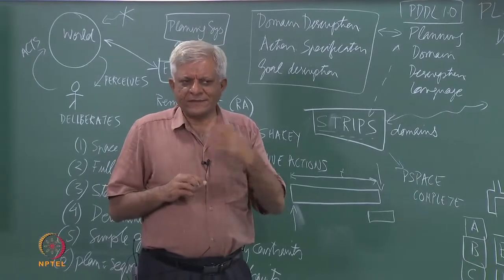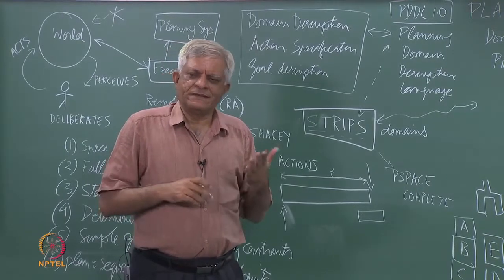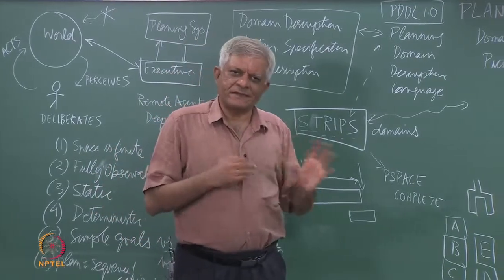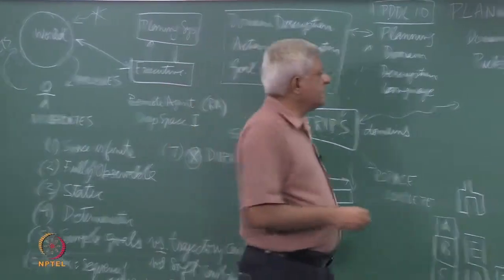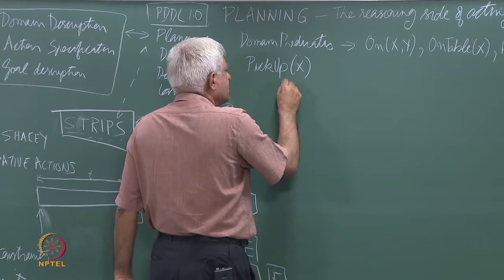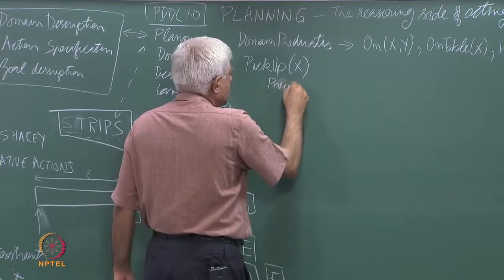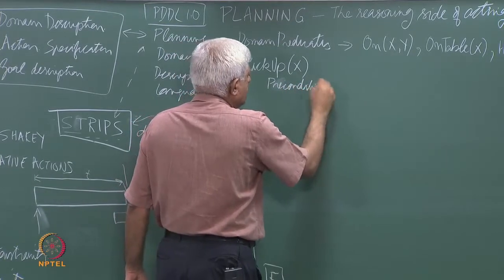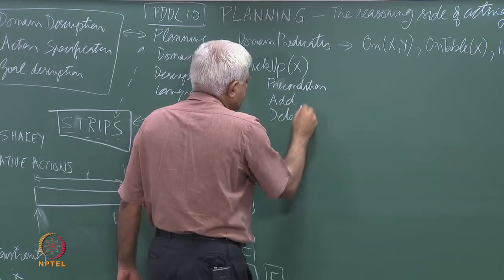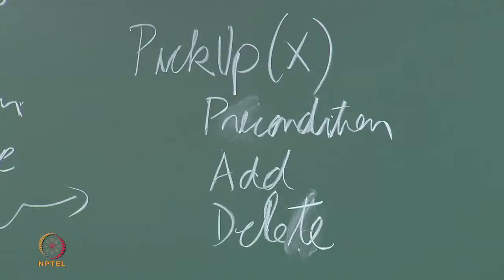One is what is necessary for the action to be applicable, or what should be true for the action to be applicable, and secondly what will become true after the action is applied essentially. So, in some sense we have the left hand side and the right hand side like in the rule that we talked about earlier, but in this STRIPS kind of a thing we would say that there are 3 lists. One is the precondition list, one is the add list, and one is the delete list. This is the original way in which STRIPS describe the actions.